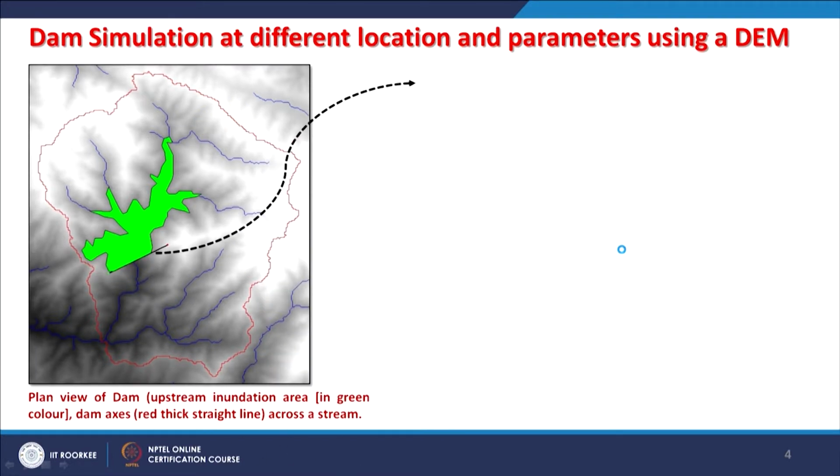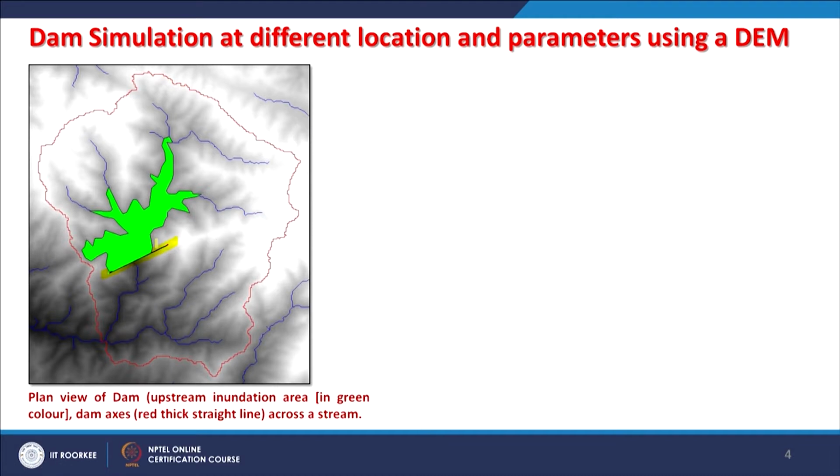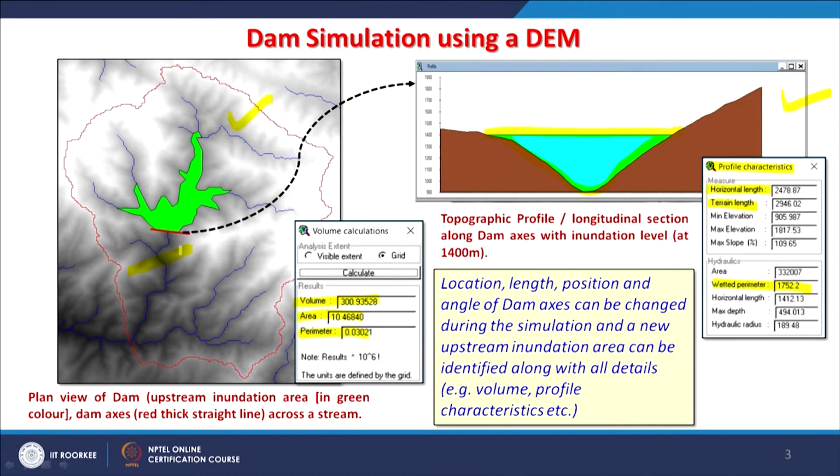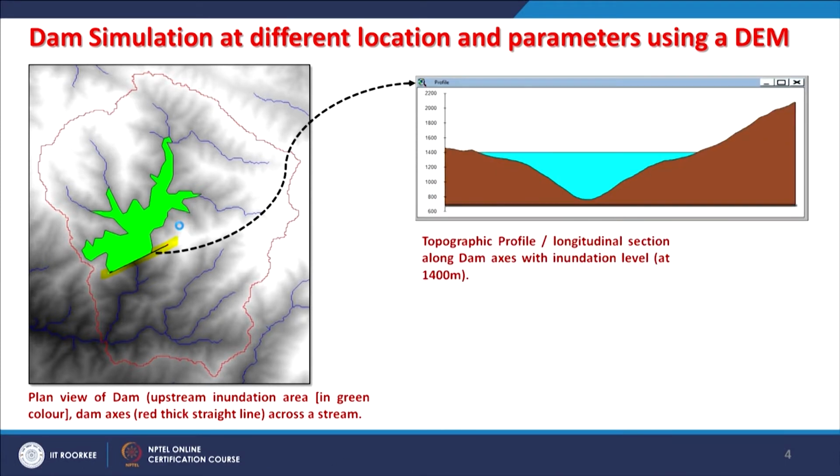Similarly, if I change the position, earlier I had 1400, now I have shifted the dam axis. In my earlier picture, if you recall, the dam was here. Now I have shifted the dam and rotated the dam axis. I am again getting some new values, new locations, everything new. So out of these two options, which one is better, decisions can be taken before really anything happens on the ground. And that is the ultimate purpose of GIS, that is, the modeling.